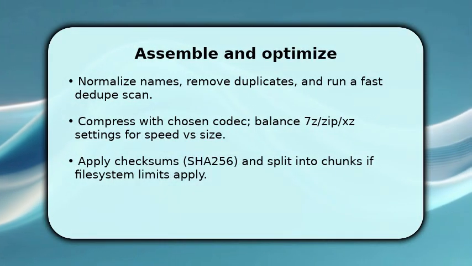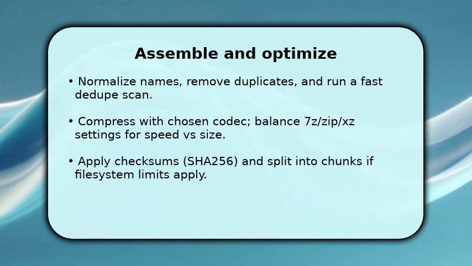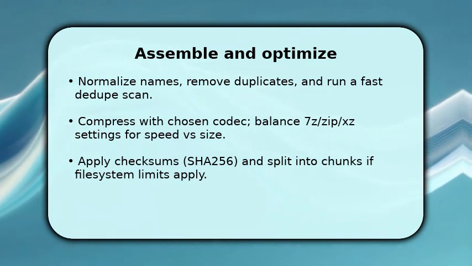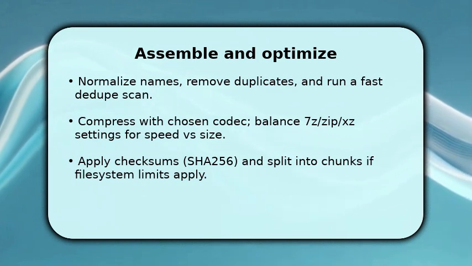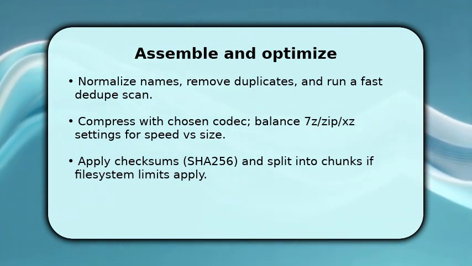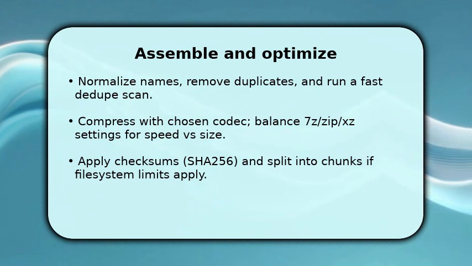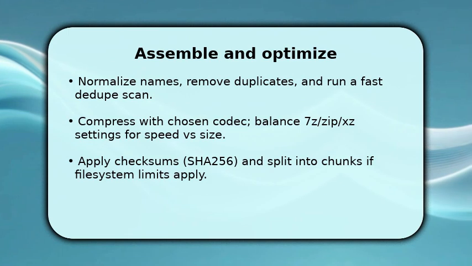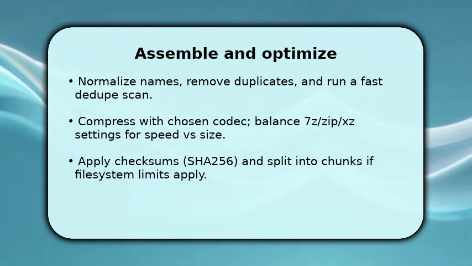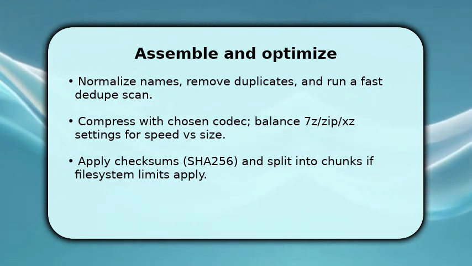Small improvements compound. Start your compression with settings you tested on a representative subset. For example, choose 7Z with solid block tuning if maximum size reduction matters, or faster zip for quick access. If a file system has file size limits, split into chunks of a fixed MB/GB size, and generate